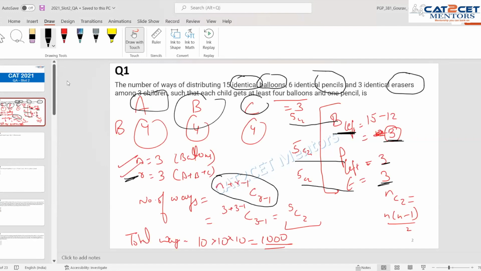Talking about this question, what do you think? Is this round 1, round 2, round 3, or should it be picked in round 1? People are saying round 1, round 1, round 2, round 1, round 2. If the formula is known, great. So I feel if you know the formula and you are targeting anything above 95 percentile, then this is round 1 for you. And if you are in the range of 80 to 85 maybe, or below 80, and don't know about this formula, then I think you can leave this question in round 1. But owing to the maximum people over here, I think this can be considered as round 1 because many people are going to score 95 plus.